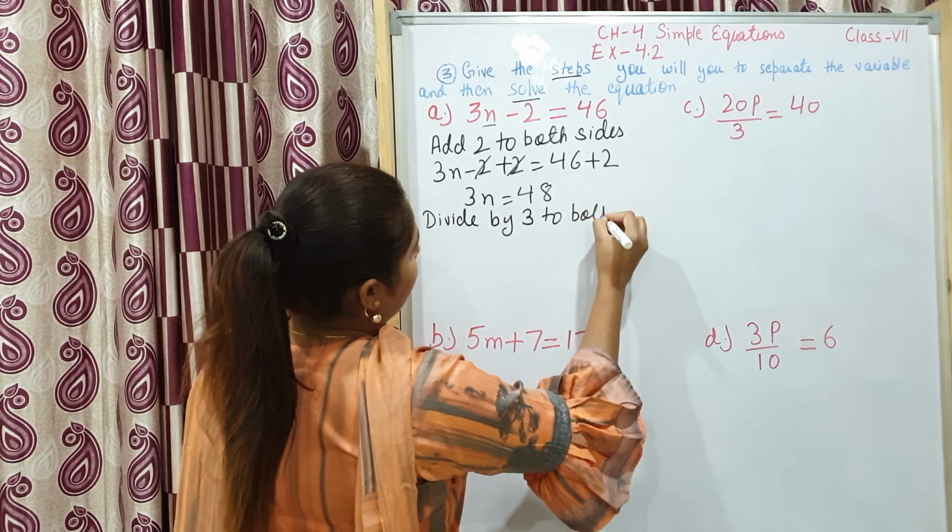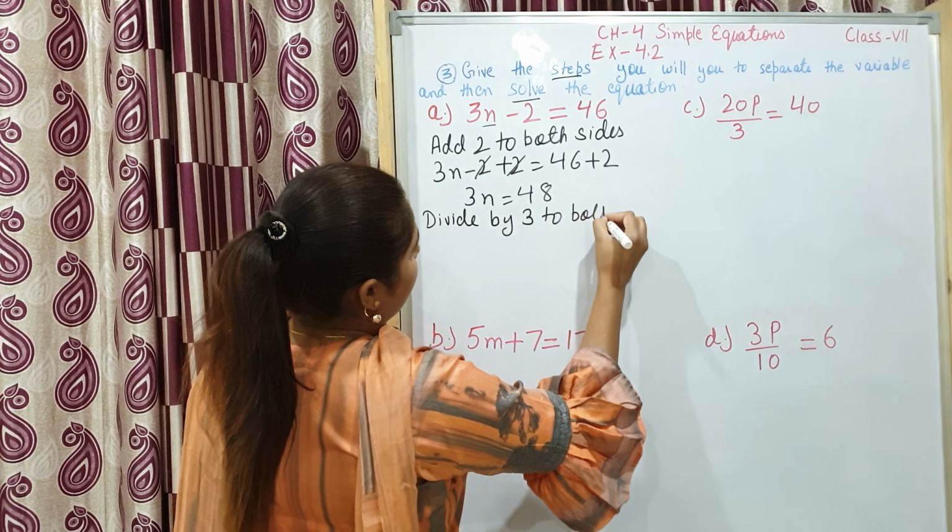Now our third question is complete till here. Now we will do question number 4. Now in this question, see the fourth question. Solve the following equation. We have to solve it. Here it is not written that you have to use some steps, but we will do it like the previous one, that we have to write the steps.